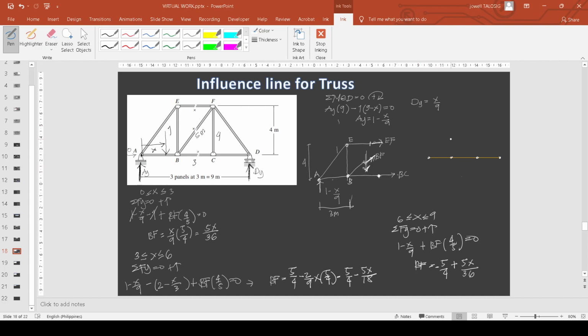So positive siya, no? Lumalabas, no? Positive. So here is 5 over 12. Positive means tension, no? At this point, 5 over 12 tension is the BF. Okay? So next, at this point naman, parehas lang yung value nito, no? Kapag ginamit natin yung pangalawang equation natin. So 5 over 4,